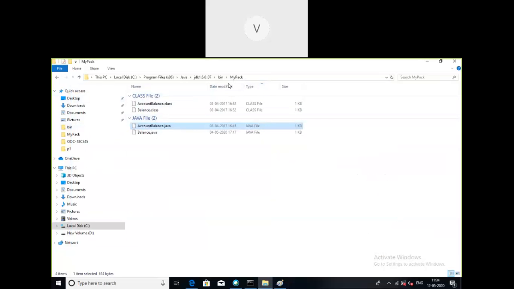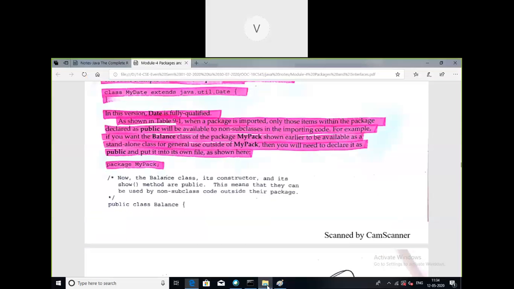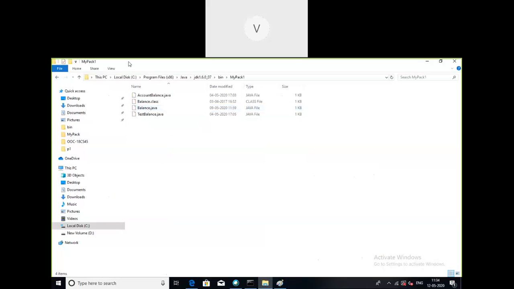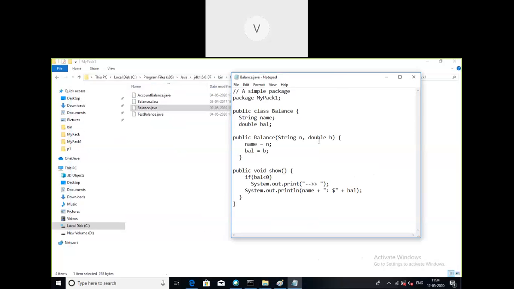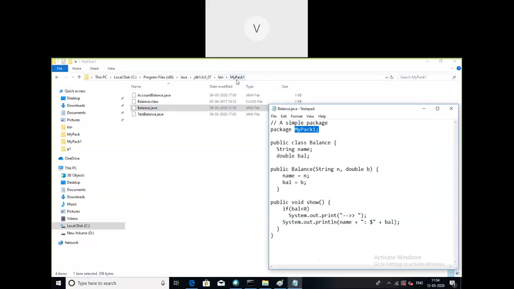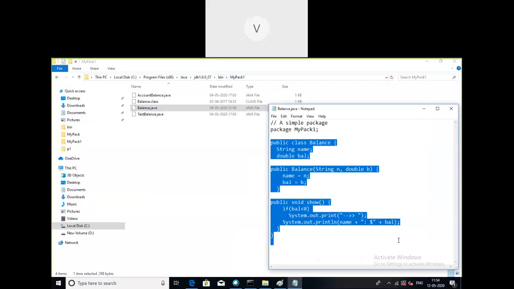I'll close this. So when you come back to mypack1, see here, Balance.java. What I have made here is only that the class has been taken out. So this Balance.java is a source file which is present in mypack1. I have just taken this class out of AccountBalance.